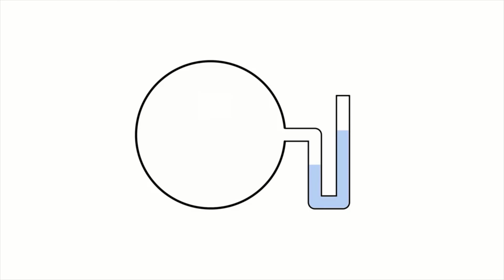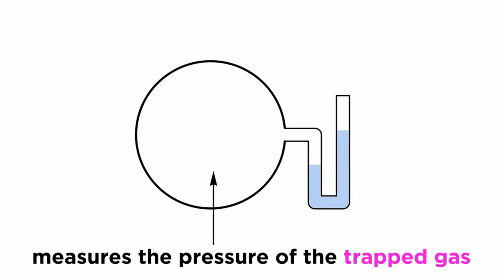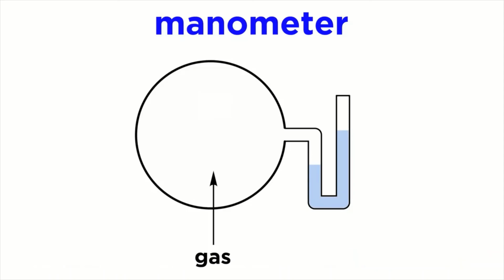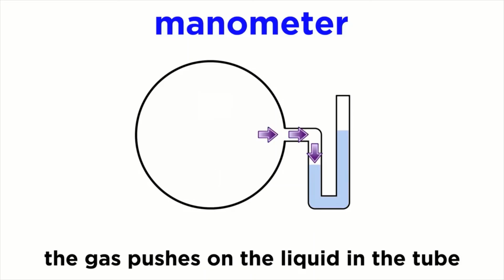There is a device that is similar to a barometer, and it is used to measure not atmospheric pressure, but rather the pressure exerted by a gas that is trapped in a container. This is called a manometer. In a manometer, there will be a bulb containing some gas. This connects to a U-shaped tube that will contain some non-volatile liquid, like mercury, and the gas particles in the bulb will push down on the liquid, just the way atmospheric particles push down on the liquid in a barometer.